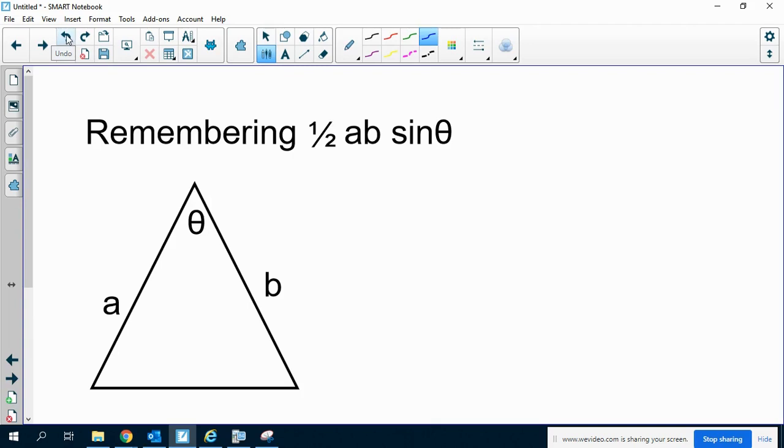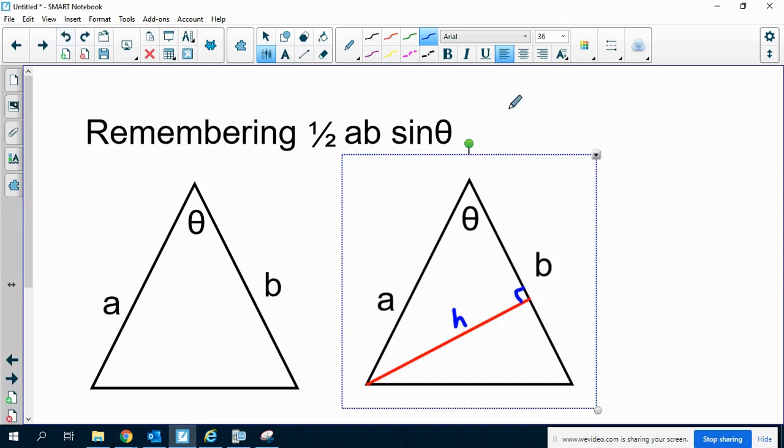We're going to spend some time remembering a formula that we learned a little bit earlier, that the area of a triangle is equal to 1/2 times the length of two sides times the sine of the angle between them. So we have this same triangle basically. I just drew in